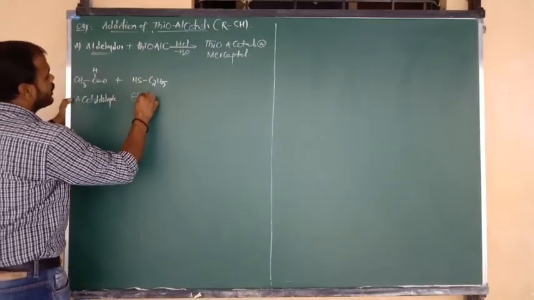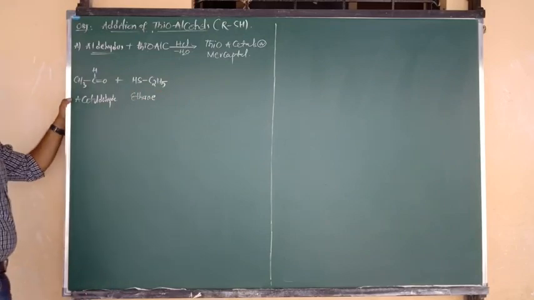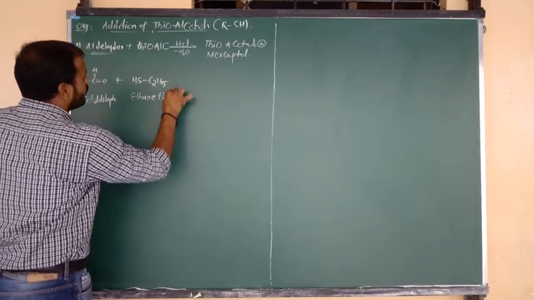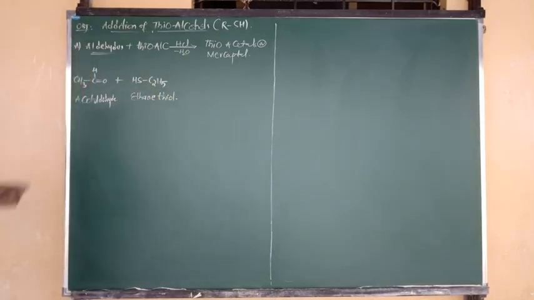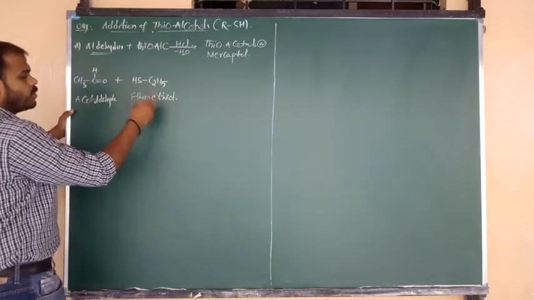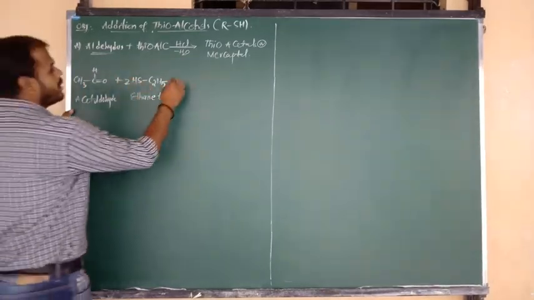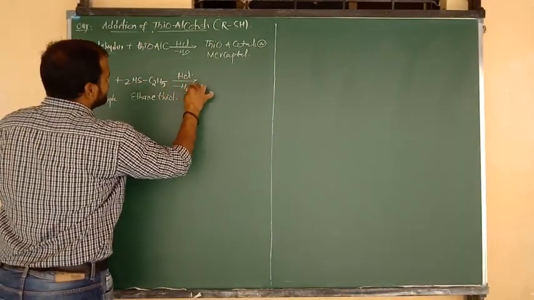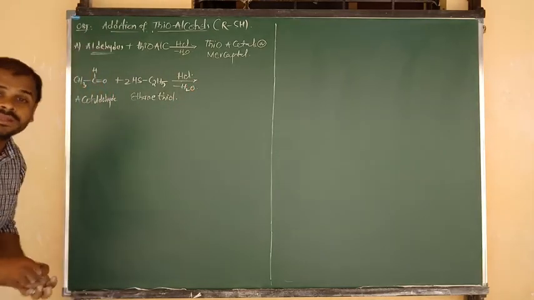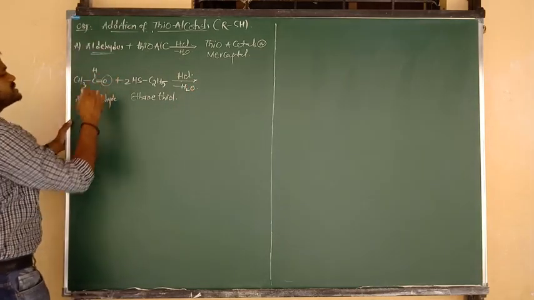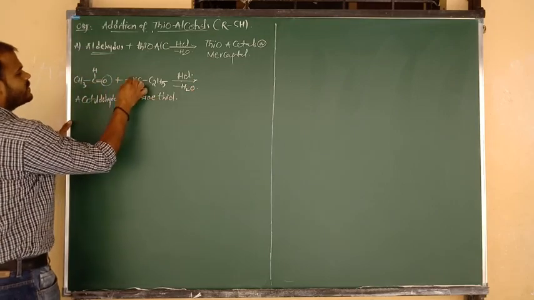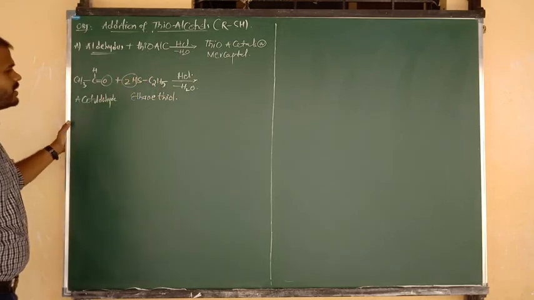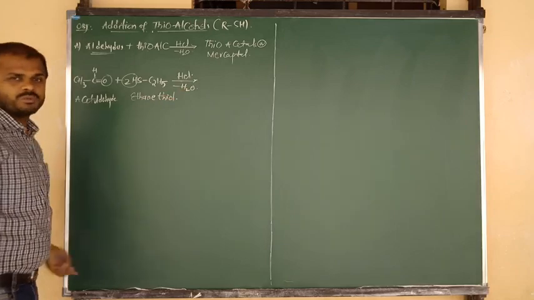Also, 2 carbon is eth, single bond is ane, ethane. This is thiol. SH means we say thiol, ethane thiol. So acetaldehyde upon reaction with 2 moles of ethane thiol, addition of ethane thiol takes place in presence of dry HCl gas, followed by elimination of water molecule. So how to eliminate the water molecule? From aldehydes and ketones we have to remove the oxygen, and from 2 moles of ethane thiol we take 2 moles of hydrogen. So 2 moles of H combine with O, and we remove H2O.